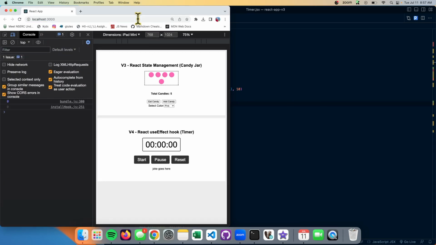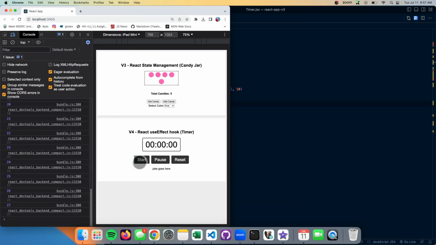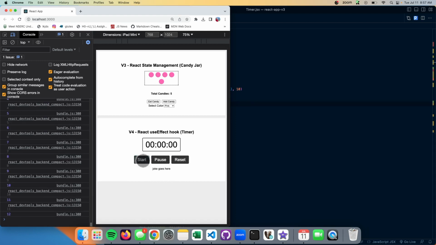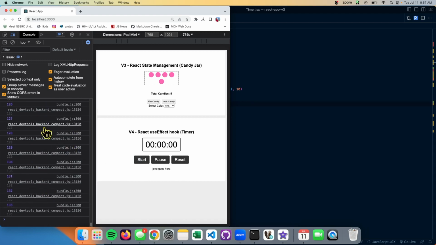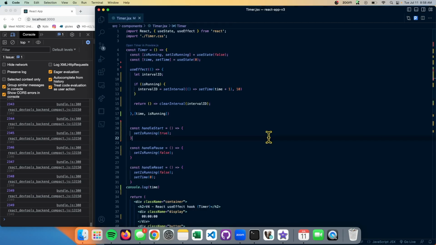I'm just going to refresh the page. We click start, every 10 milliseconds we are still getting information, but if I pause, immediately you can see the timer pauses. Reset, we're still fine. Click start, every 10 milliseconds our value is updating again. We'll pause this for a moment so we're not seeing it flickering on the screen,